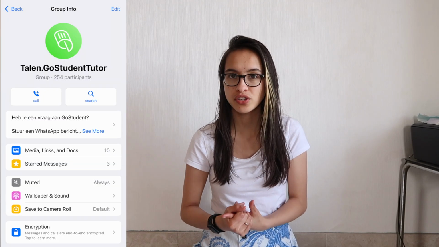There's two main group chats. One is for languages and one is for all the other subjects. The people that are in there are all the tutors from the Netherlands and Belgium, which is nice because that way if you have a question about an exercise that your students sent you and you don't know how to do it, you can send it in there